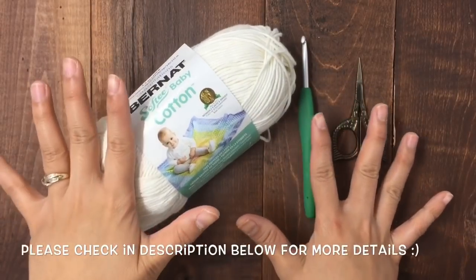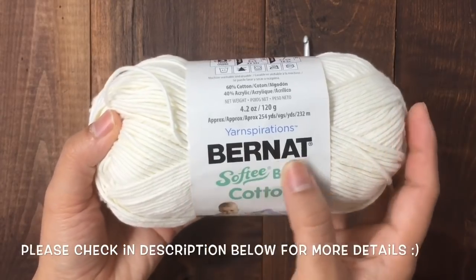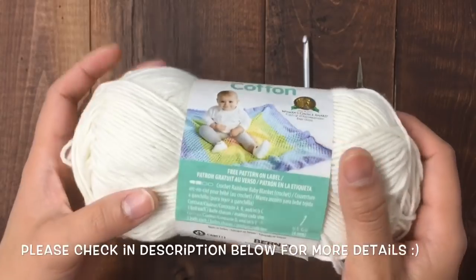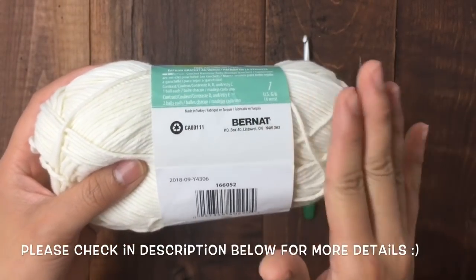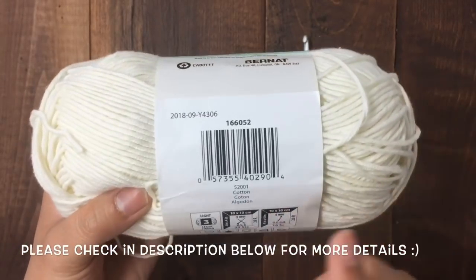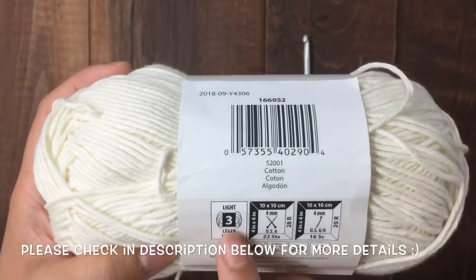Here are the materials that you will need for this project. So for this project, I'm using Burnett Softy Baby Cotton. Okay, this is my second time using this yarn. I love it. And I love cotton yarn, so here is the color, cotton. And it is